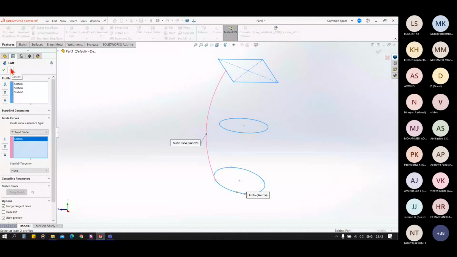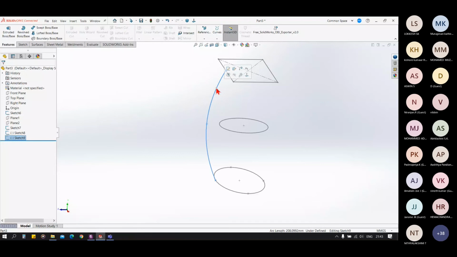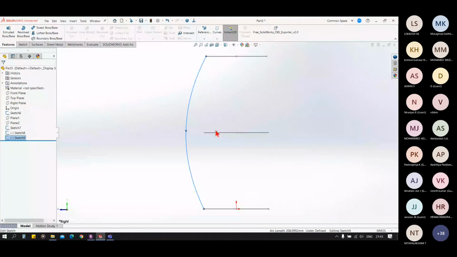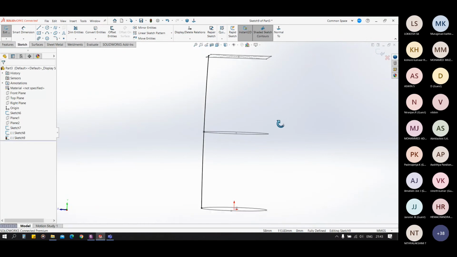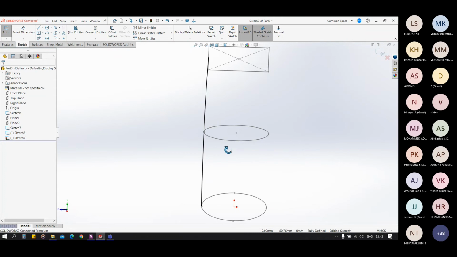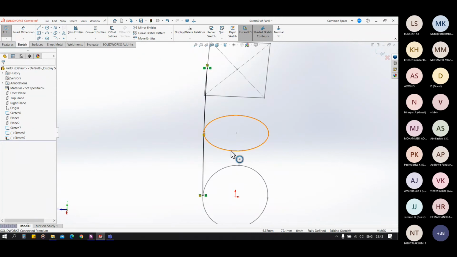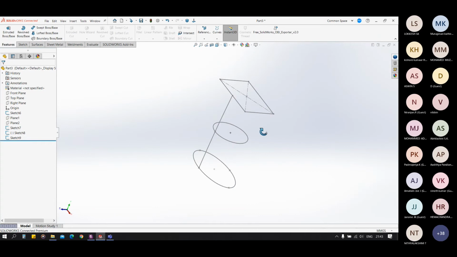So remember one thing, we must pierce the guide curve through each and every profile. So let me edit that. Let me change the geometry.